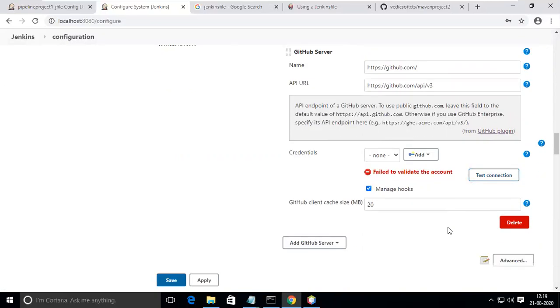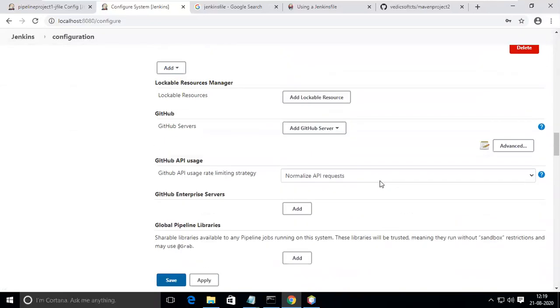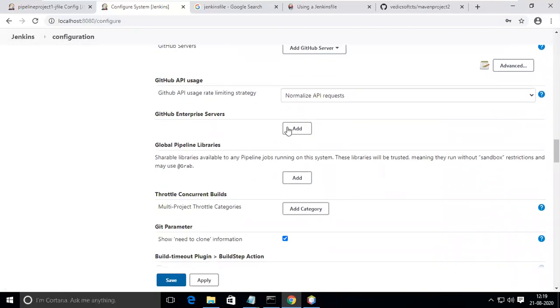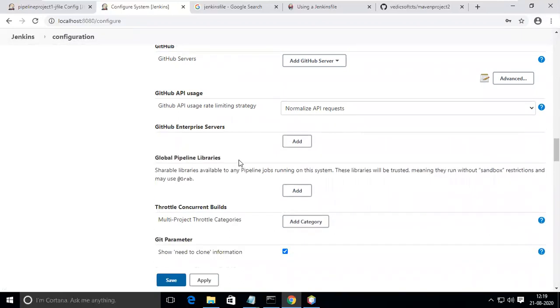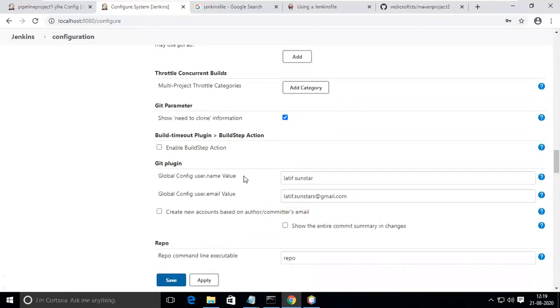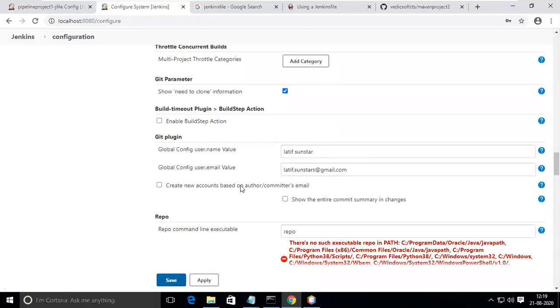Then delete it. This is your GitHub Enterprise server. So this is always giving this kind of API type. I can create an account-based credential rather than commit.